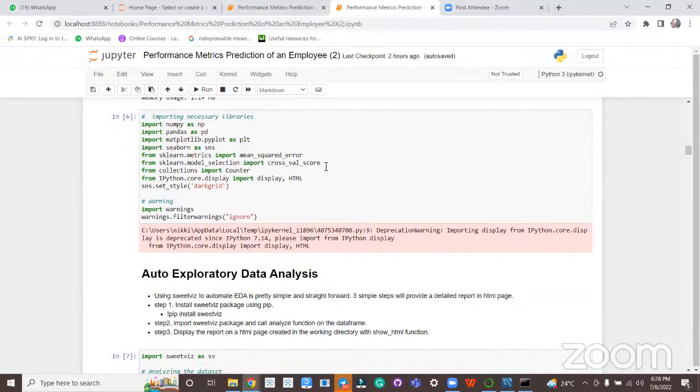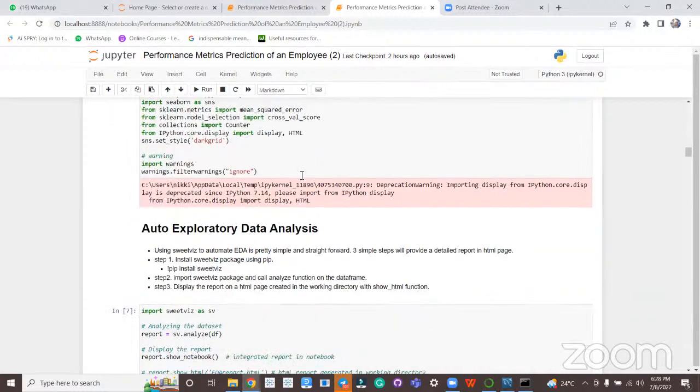We also used cross-validation score. Then we used the Python collection called Counter. This allows us to identify the number of times a specific value is repeated. And for displaying, we used the IPython display library. For Seaborn representation, we use the style dark grid.